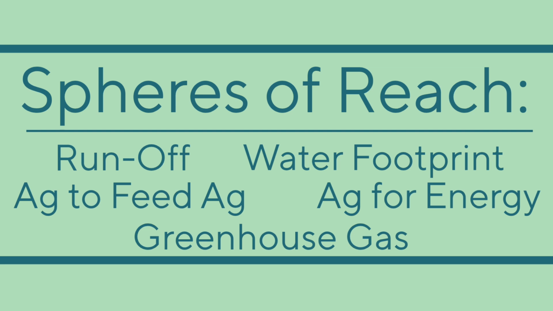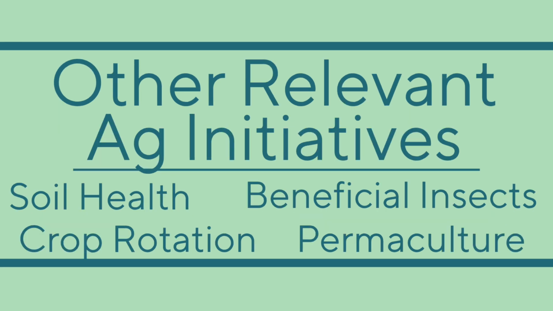So they have come up with like no-till systems, so that way that soil is not stirred up as much and you have fewer chemical reactions, and trying to just cut out some of that extra noise in our atmosphere. So that is some of the spheres of reach where agriculture and the environment can collide in ways that may be negative in way of sustainability and balance.